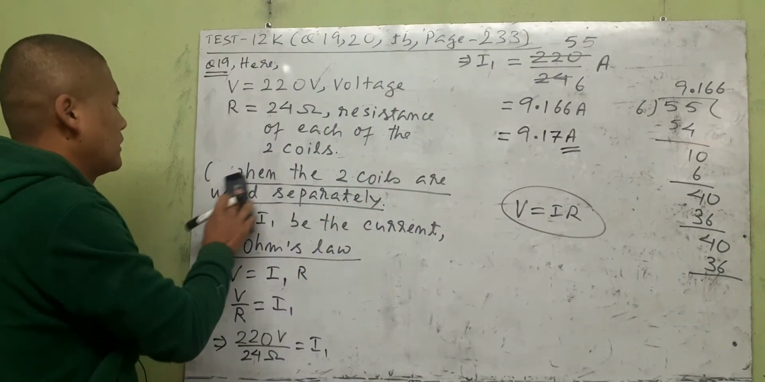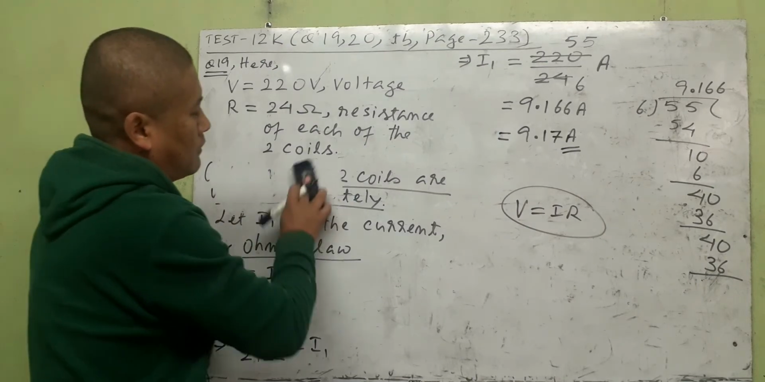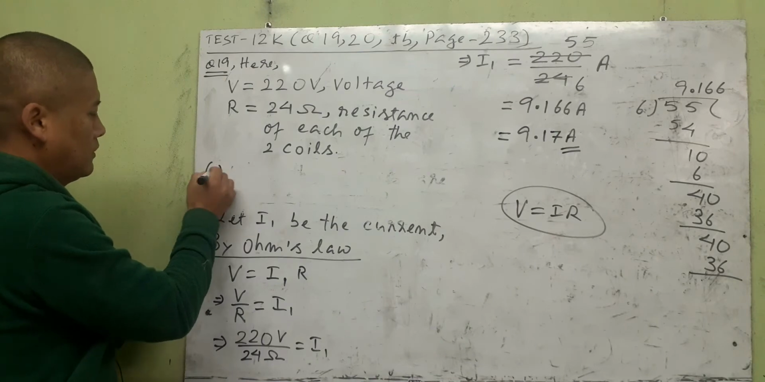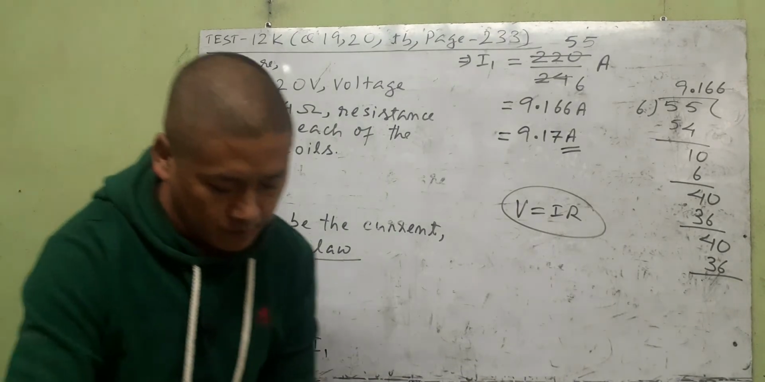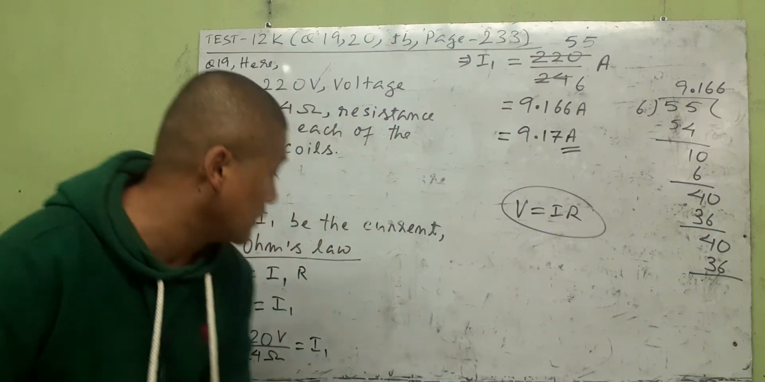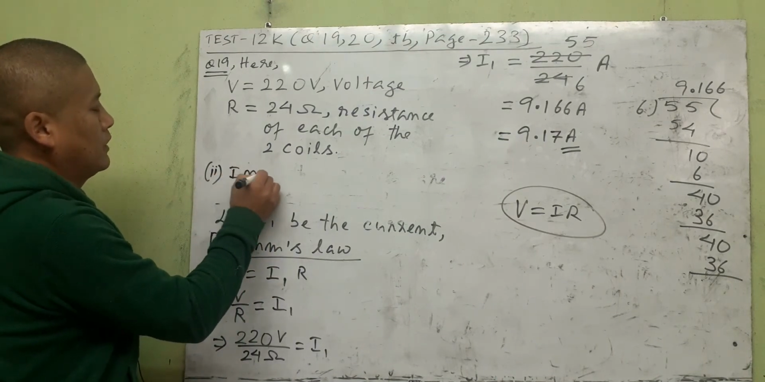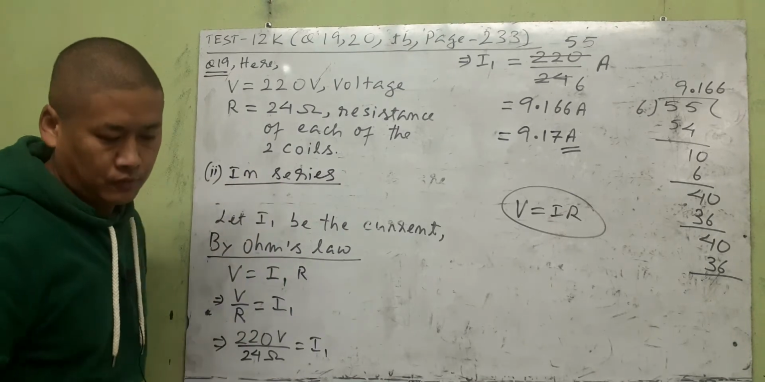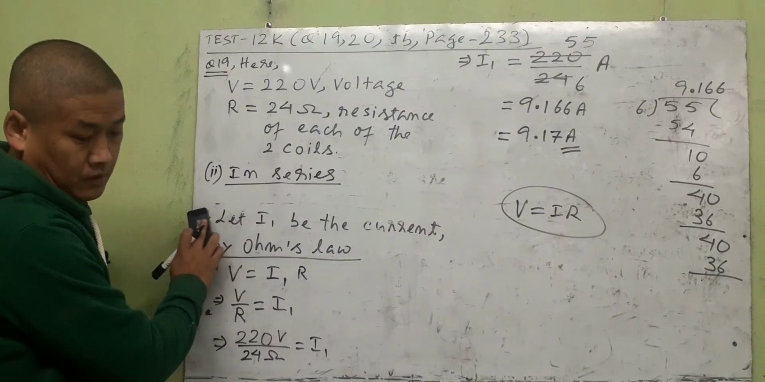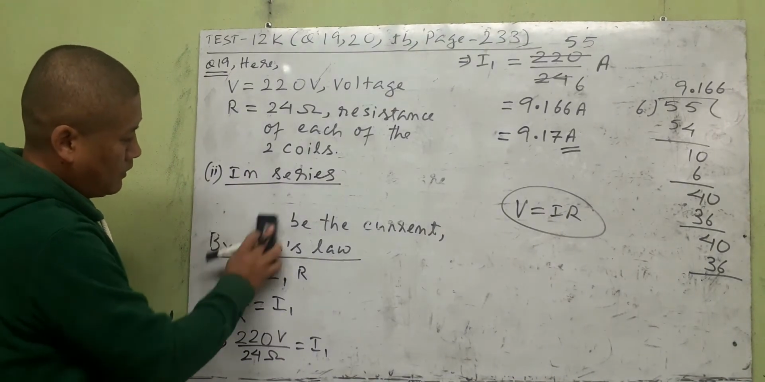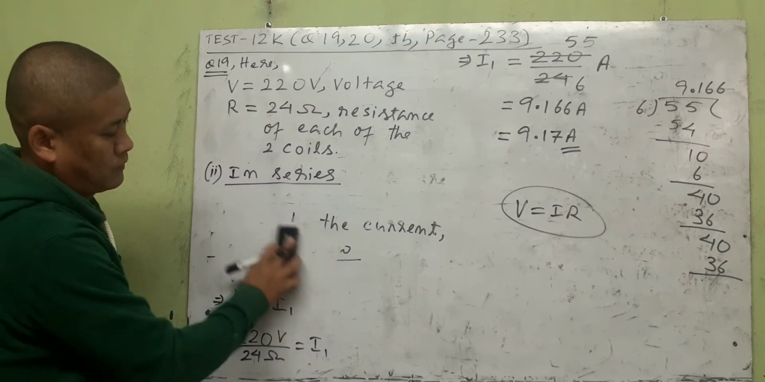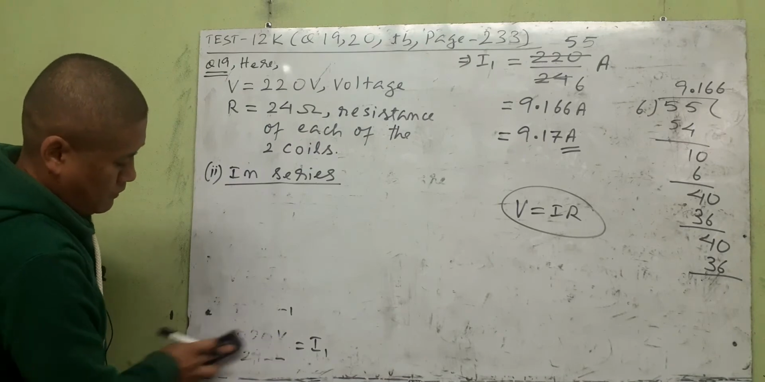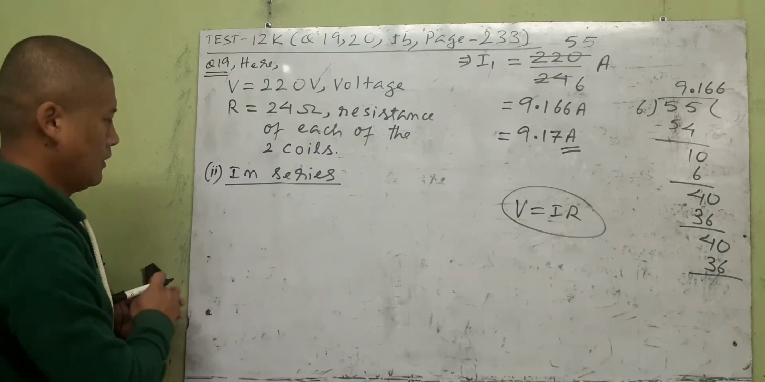And the second case, look into your textbook. These two coils are used in series. So when they are in series, the two coils, how much would the current flow? So let us do that. So when the two coils are in series, let us assume that